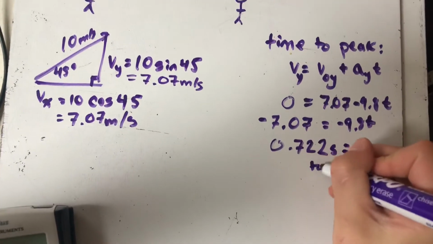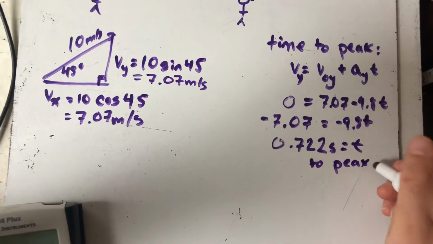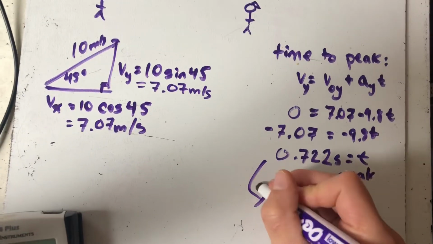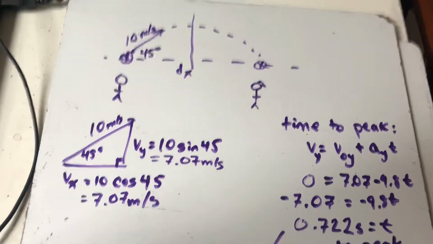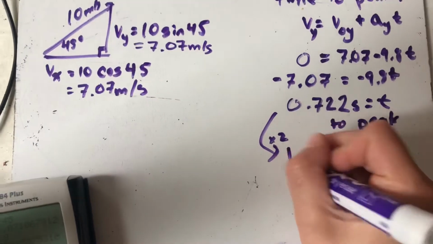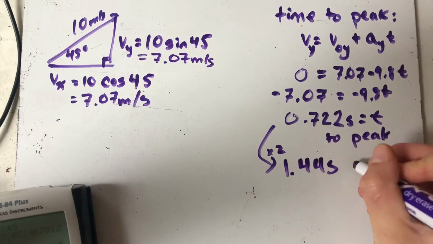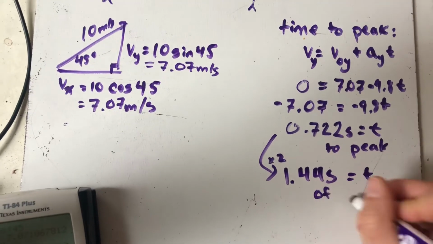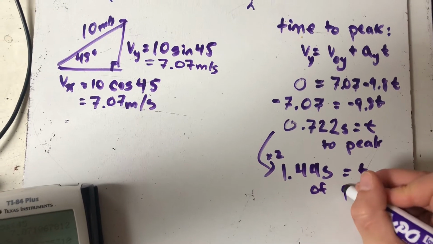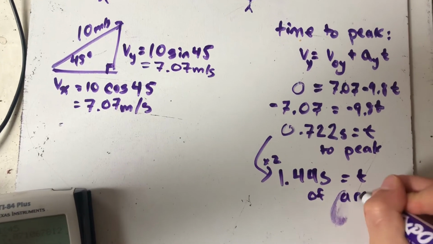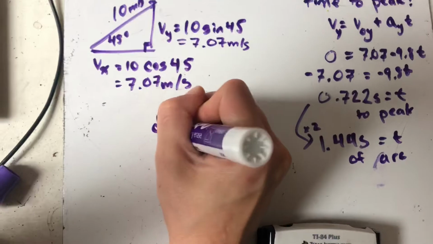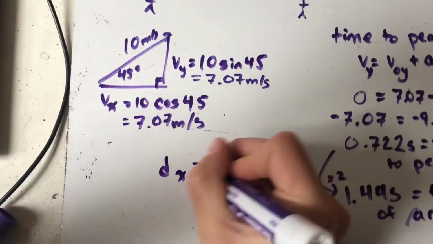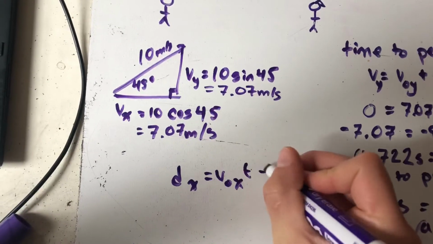Double that, times 2, because parabolas are symmetrical. If we double that, we get 1.44 seconds is the time of the parabola, of the arc. So now that we have the time of the arc, we can use that and find dx is